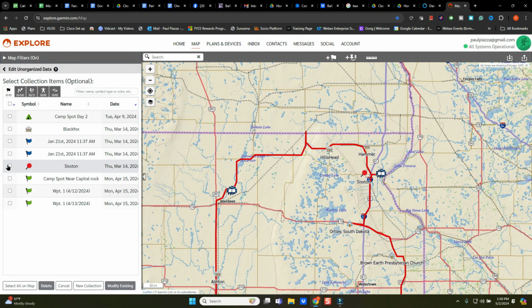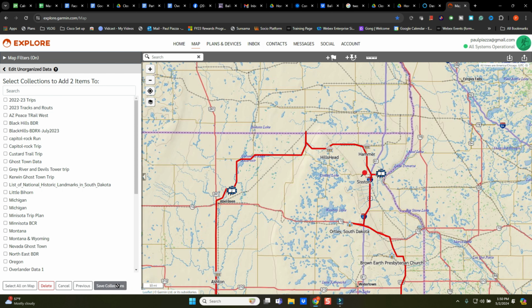I want to add this one here. I want to modify. So you have different options for what I could do with this. So I chose this one, and I could choose a number. We'll choose Capital Rock as well. Actually, we're not going to choose Capital Rock. Why not? We can modify an existing one, right? So I have two of these chosen, and I can either add a new collection, I could delete these, I could see all of them on the map, I can create a new collection, or I can modify an existing one. We are going to modify an existing collection.